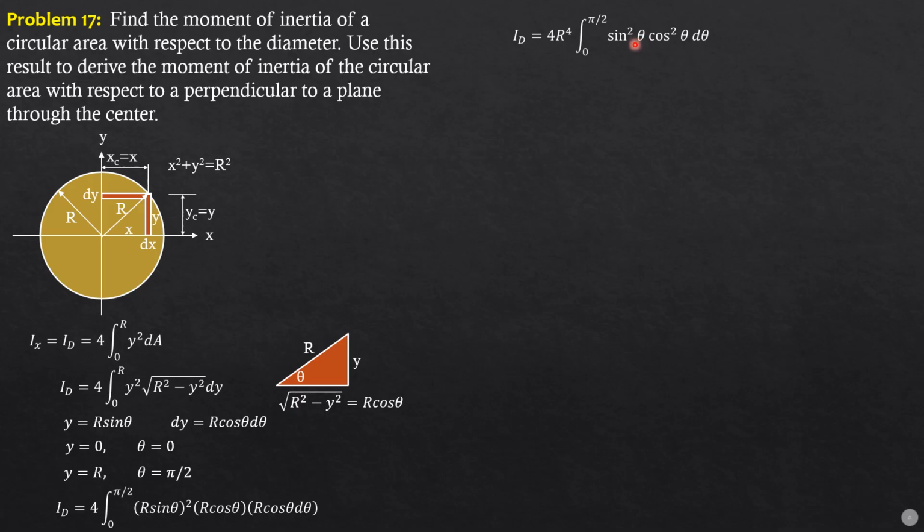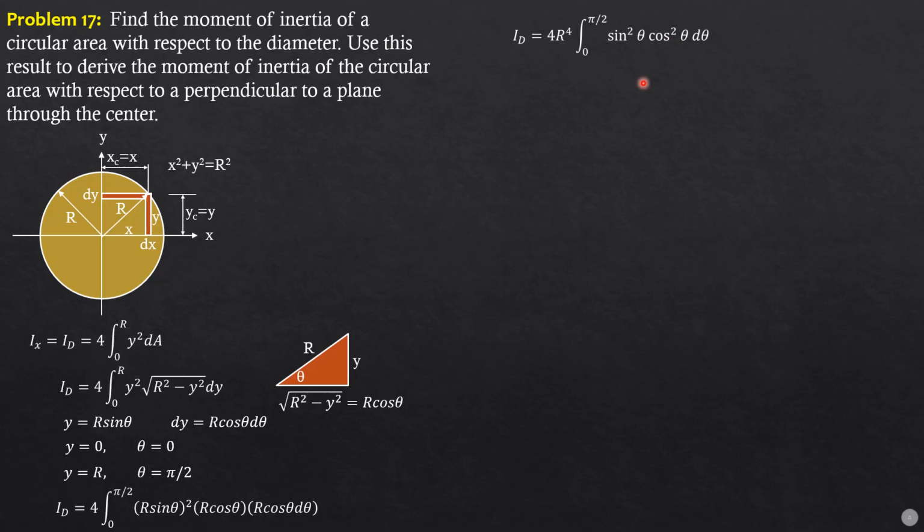Remember? Both m, which is 2, and n, which is 2, are even. So remember, the Wallis formula for definite integrals with limits 0 to pi over 2 would be m minus 1, then continue until it is 1 or 2, you stop at 1 or 2. Then times n minus 1 rather, the exponent of cosine, then until we reach 1 or 2, times alpha. Alpha is equal to pi over 2 if m and n are even, then 1 otherwise.